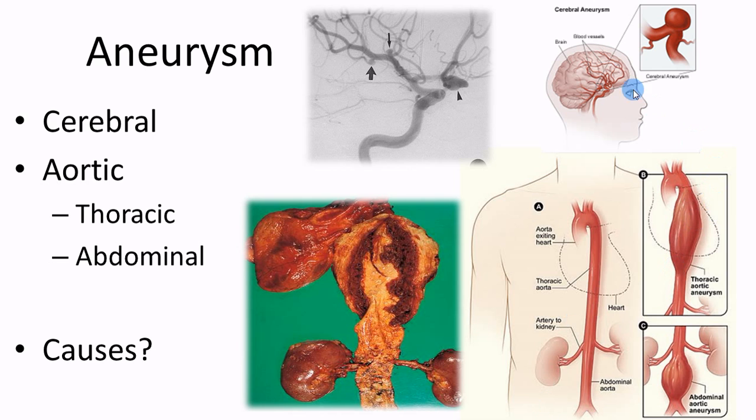Most of the aneurysms you're going to hear about are going to be cerebral, or they're going to be aortic. High pressure. So pushing up into the aorta. You have thoracic, which is up here, of course, in the thoracic region, or abdominal. What's interesting is some of the symptoms. Sometimes you can actually feel your pulse in these aneurysms, and I've heard about this with older people. The blood vessel wall actually weakens with time, right? So if you have an abdominal aneurysm, every time the heart beats, it pushes, boof, boof, boof, and you can